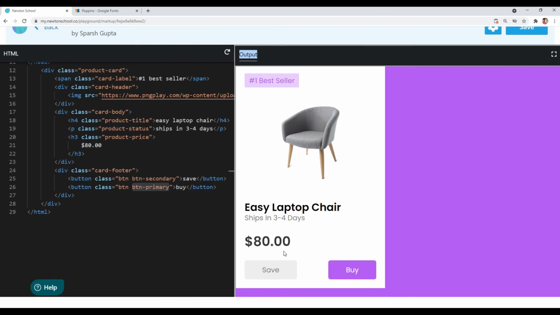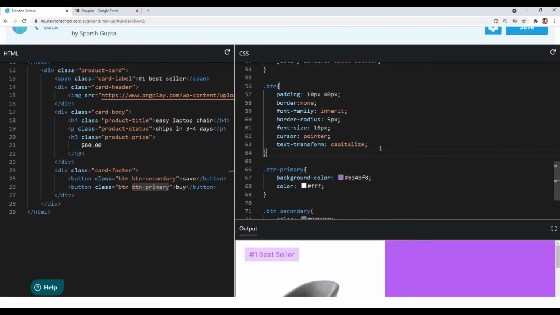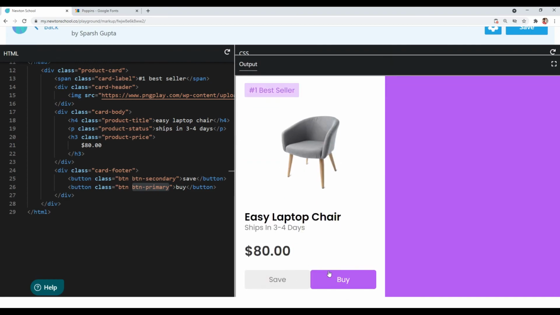And also we want 100% width, so we will give 100% width to both of them. So I will write the .btn class selector, I will write width 100%. So now you can see they are acquiring 100% width, and also we need some spacing here.